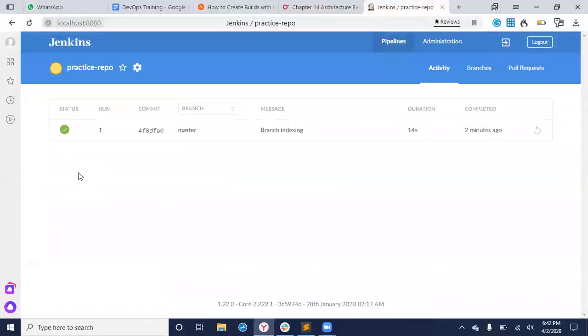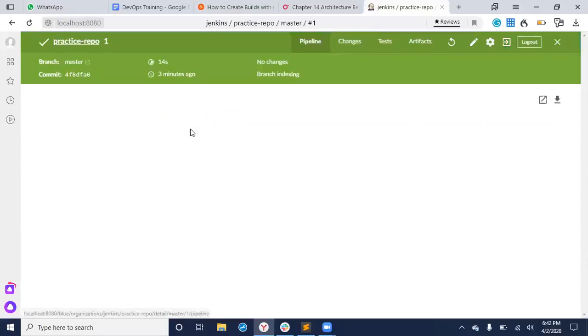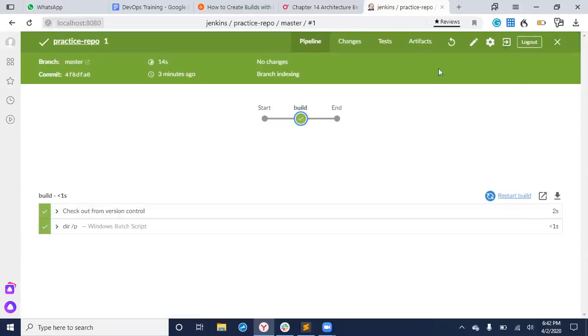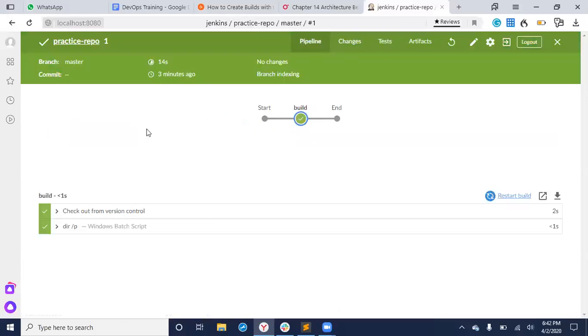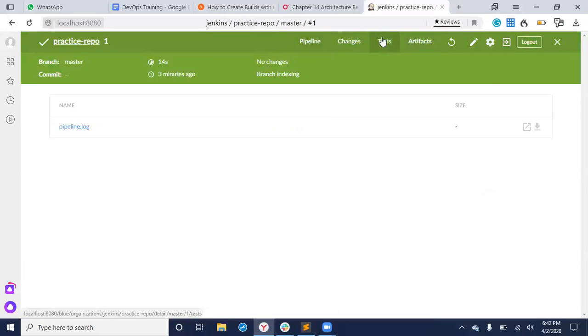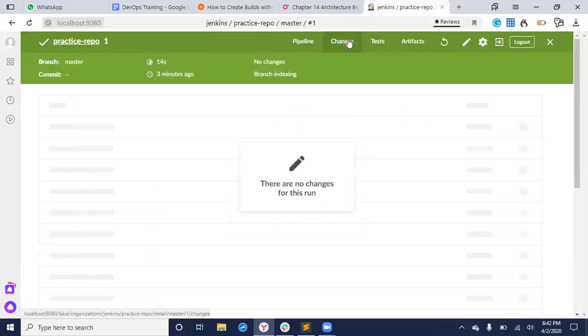Now, typically when companies talk about a Jenkins pipeline, that's exactly what they talk about. Now, if you go to this practice repo, we can do a lot more stuff. There is something called changes.